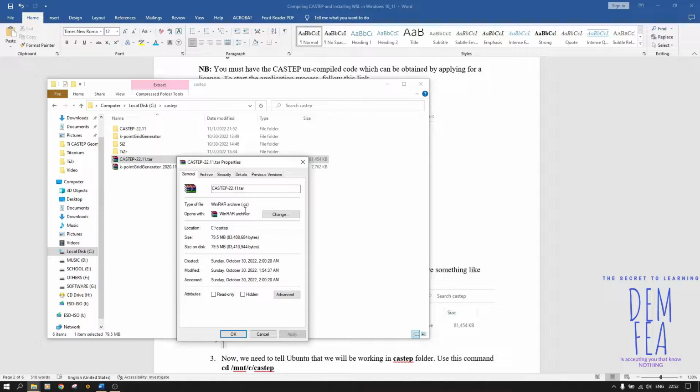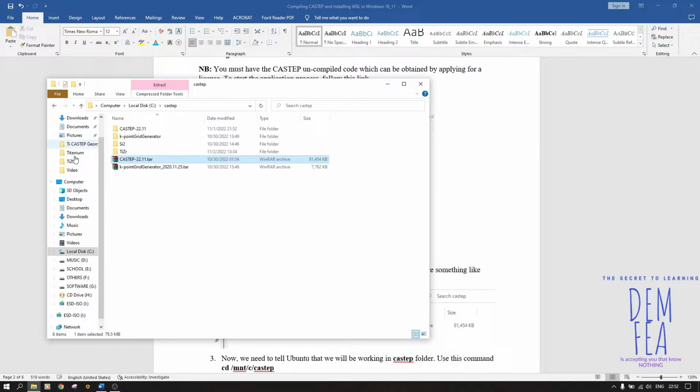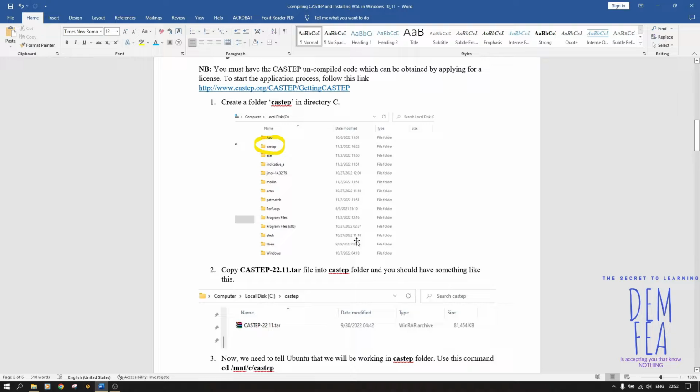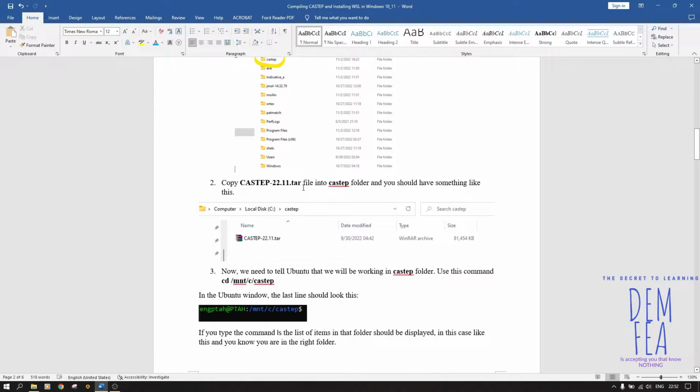Properties, you see it's .gz here. So you can even archive it using WinRAR, but you have to run WinRAR as administrator for you to unzip this one. So you can do that, or you can use Linux. So do this, copy that into that folder, and then now once you have installed Ubuntu,